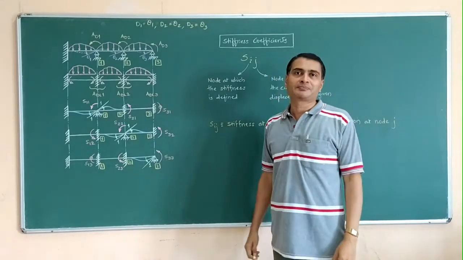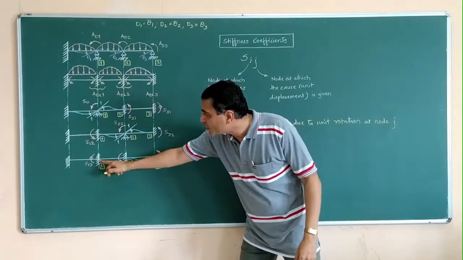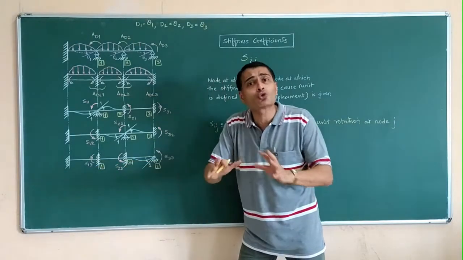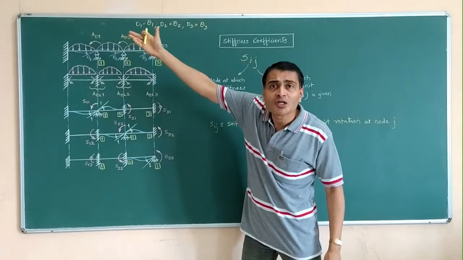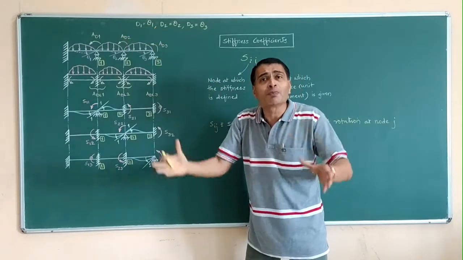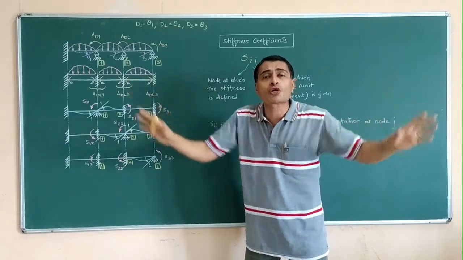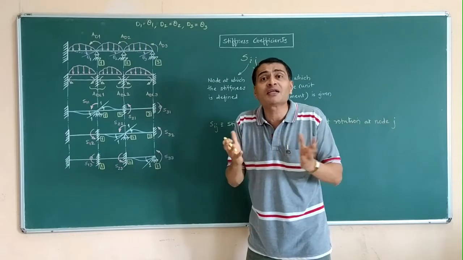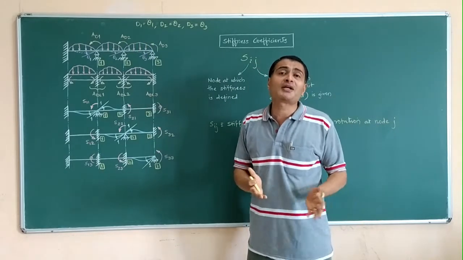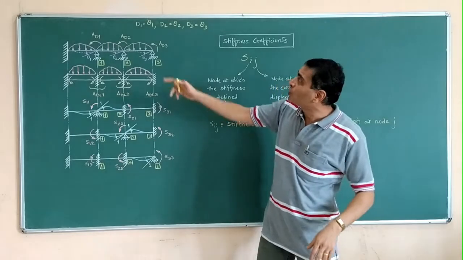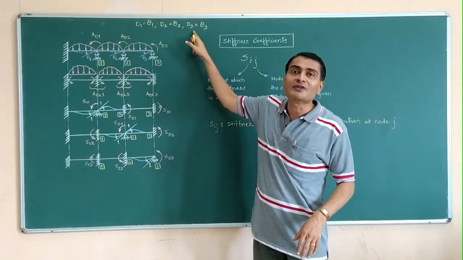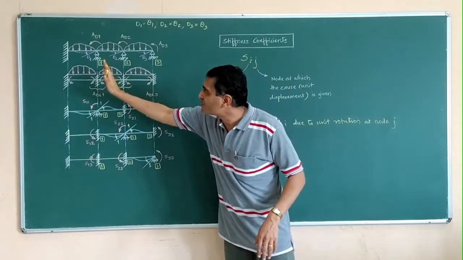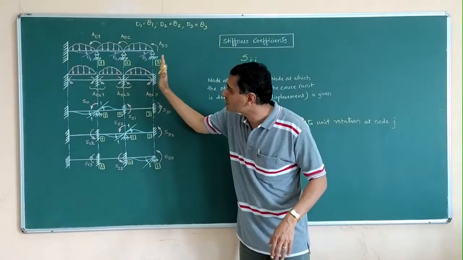Observe the third drawing. Here I have restrained this joint, and this joint. This is anyway fixed and is none of our nodes, because at the original left end support there is complete fixity, no translation, no rotation is possible. That is not a part of our calculation of the degree of kinematic indeterminacy. Our degree of kinematic indeterminacy is 3 and the unknown displacements are D1, D2 and D3. So forget this joint. We are working successively on restraining node 1, node 2, node 3.